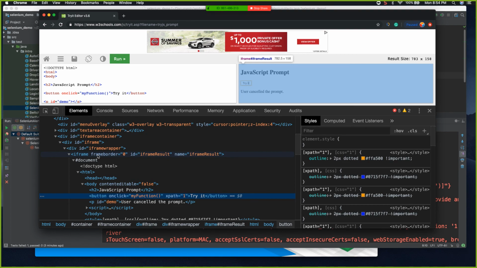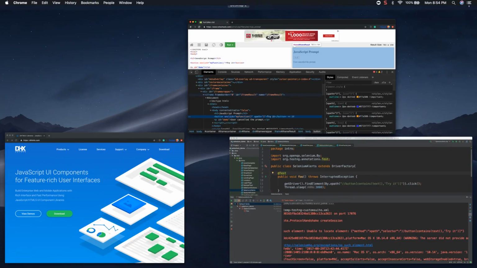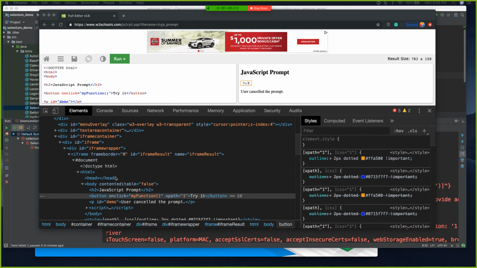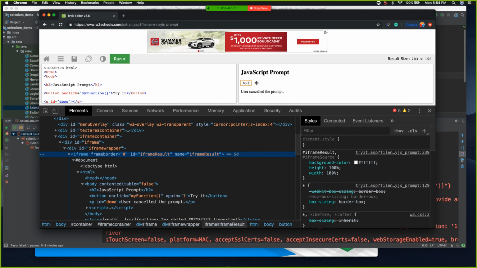Right? So that's, let's see. So you see how I framed and I selected the right side of the frame, right? When I selected this and I highlighted everything on the right, right? So we have to take this ID first, we have to switch to that frame first, and then perform the action. So we're kind of learning a few things here, handling alert, but that is separate from alert,